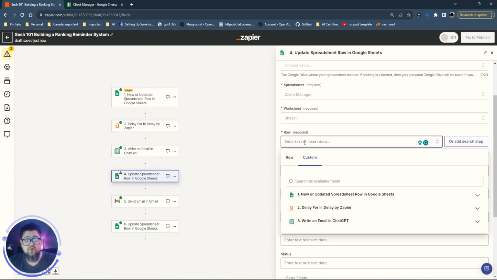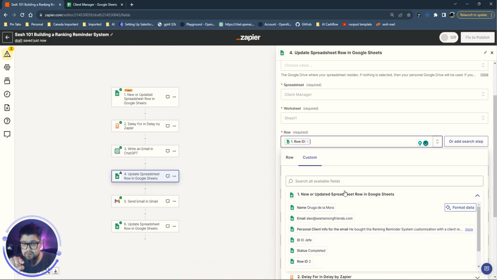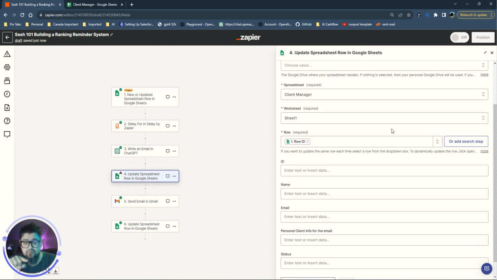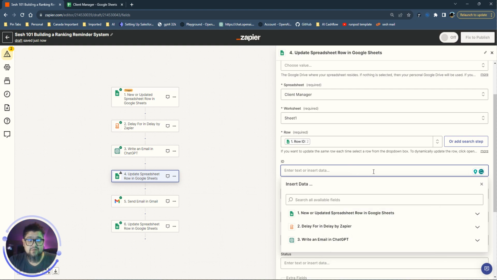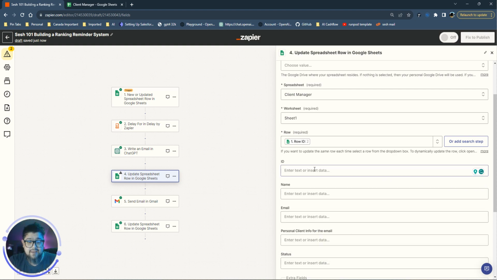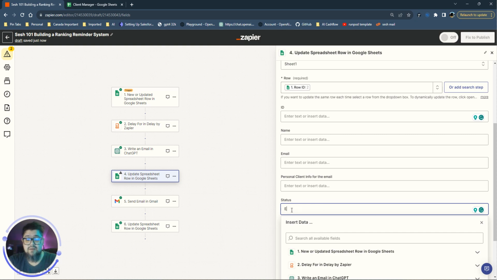And we select the row. To select the row, we're gonna use a row ID that we have right there. This is gonna allow us to use the exact same row that triggers the whole process. And in here, these are the fields: ID, name, email, personal client, status. Okay. Email